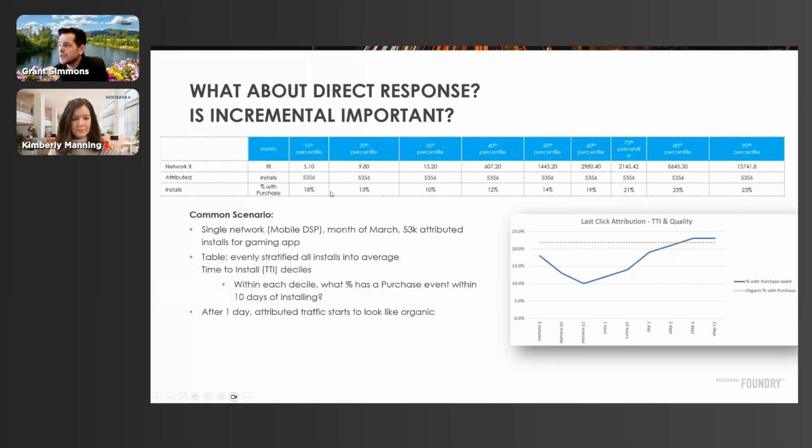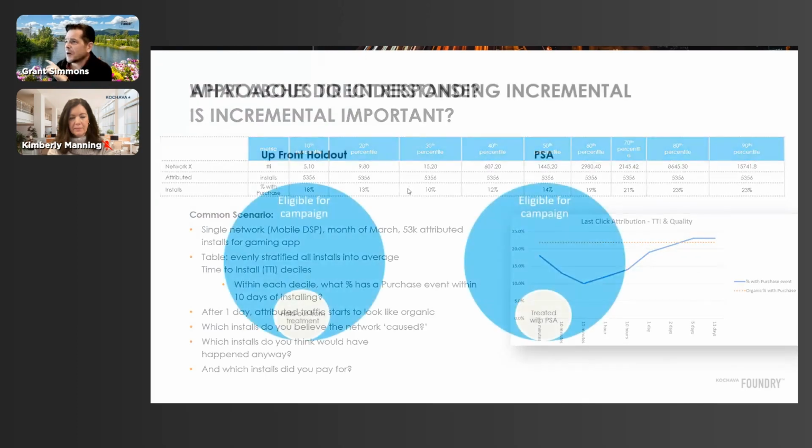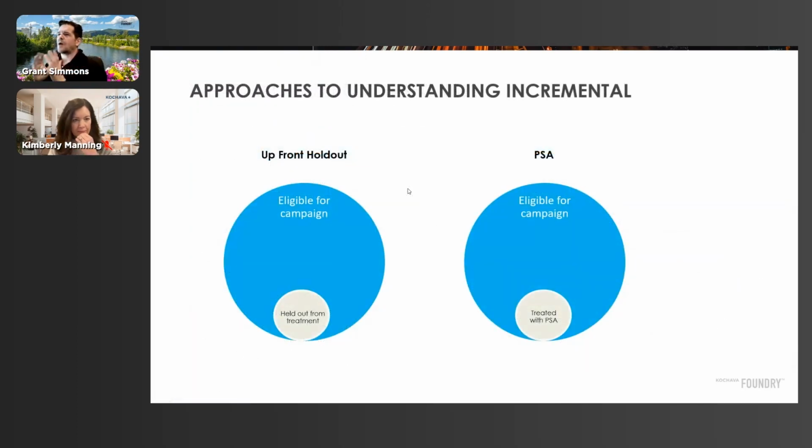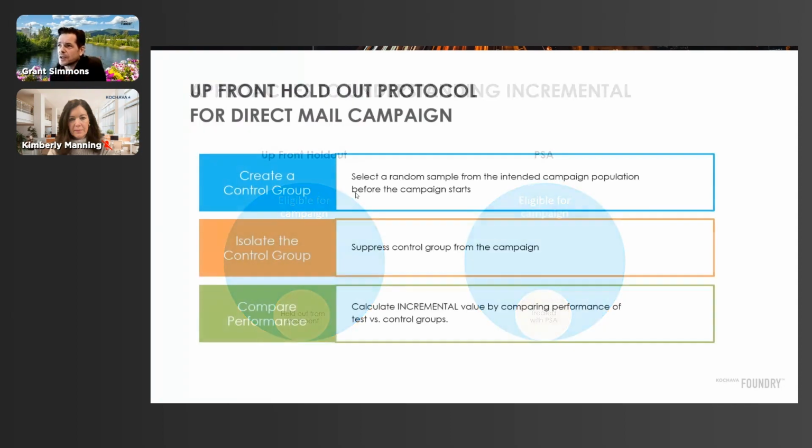And why is that? Well, for a few different reasons, and I'm going to come back to this one later. But if we think about how we understand incrementality historically, you start with a holdout group, and then you carve off a chunk of that holdout group and you do one of two things with them. Either you literally put them on the shelf and don't give them any media treatment, or you potentially treat them with a public service ad or a serve-time holdout, right? So in that case, the customer will actually receive an impression. It just won't be the brand impression. And so this is pretty well understood historically.